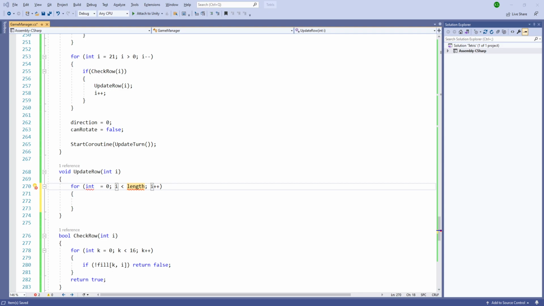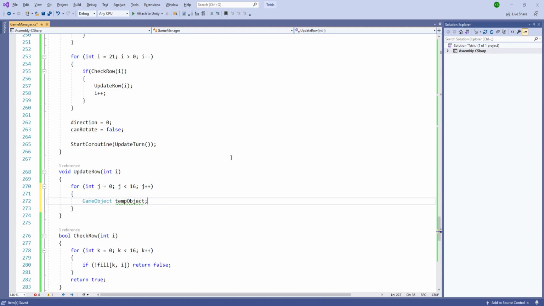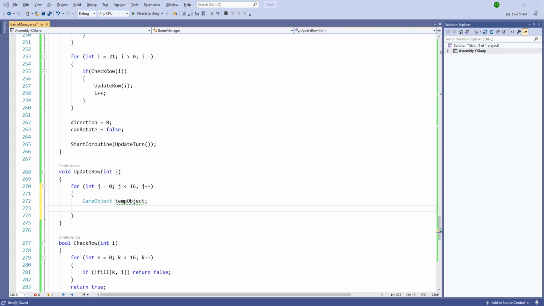So whenever it is filled and it starts from and goes till, let's get the game object, and we'll get that game object from a grid object. So if grid objects dot get value, and we pass grid,